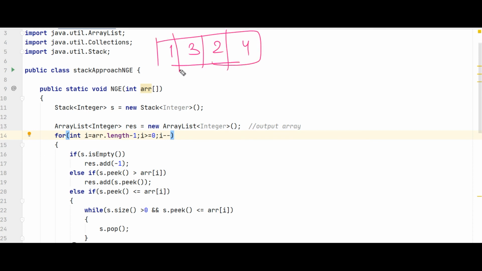So we are traversing from here, and this is our output array, this is our stack. Okay, so stack was empty, we have added -1, and if has been completed,